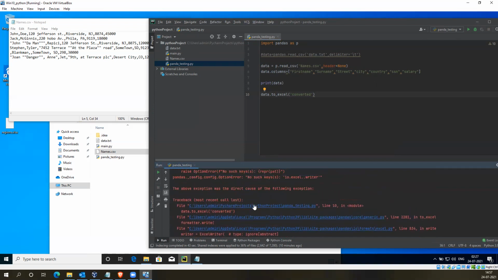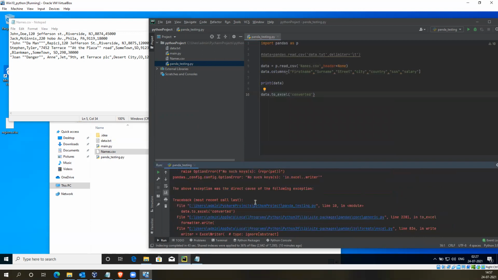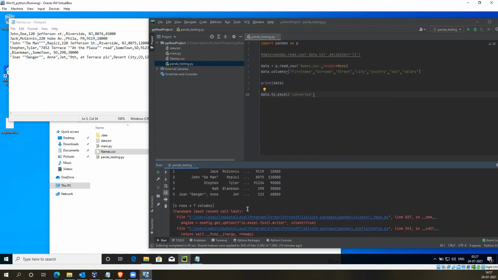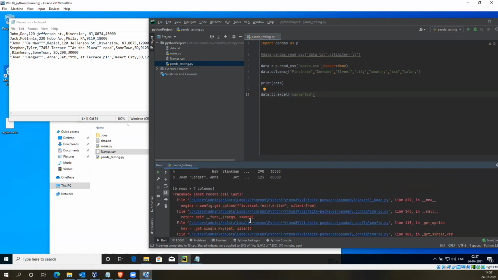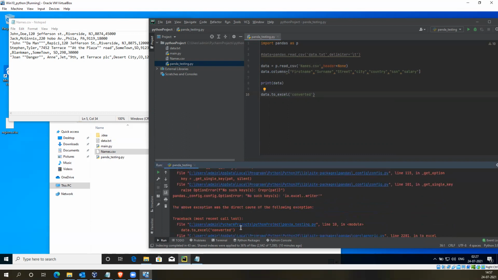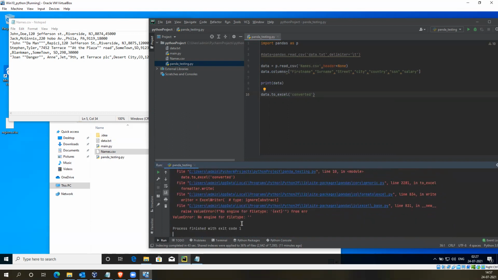What is the error? Data is printed. Next I got an error.